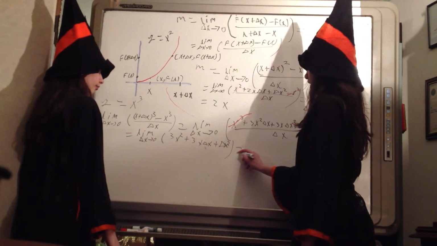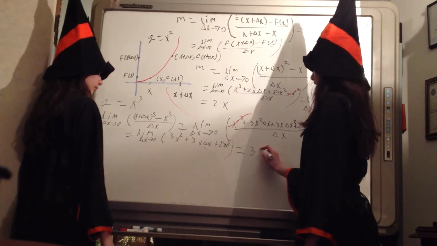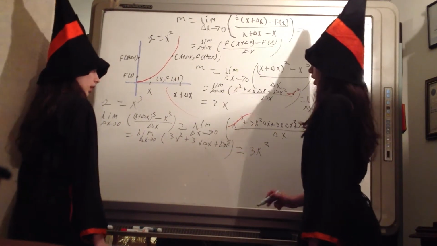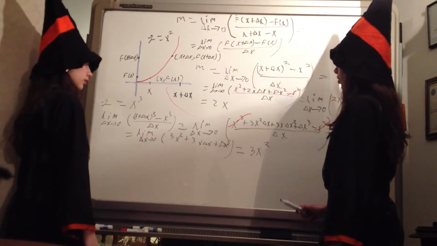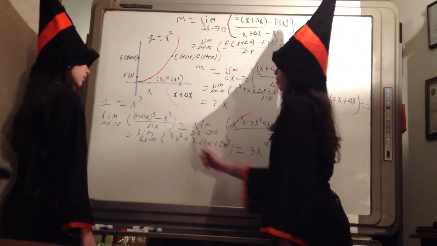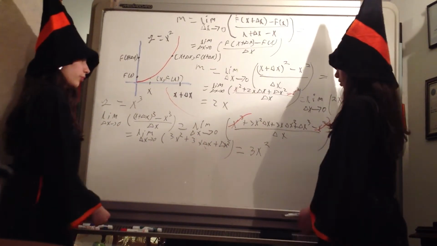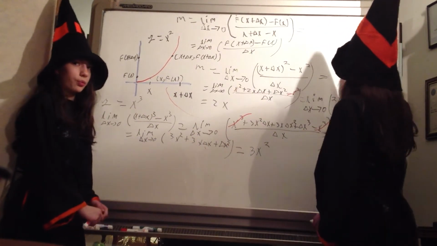and so if we take the limit, we have 3x squared because all this becomes 0, and so the slope at any point of the graph y equals x cubed is equal to 3x squared, and if we want to know the slope of the tangent